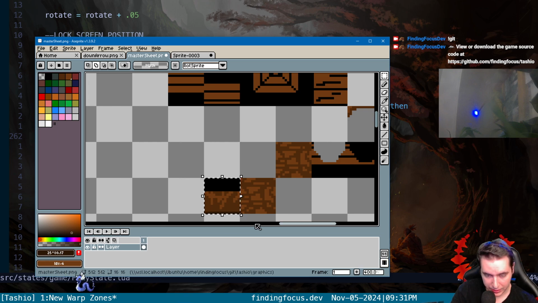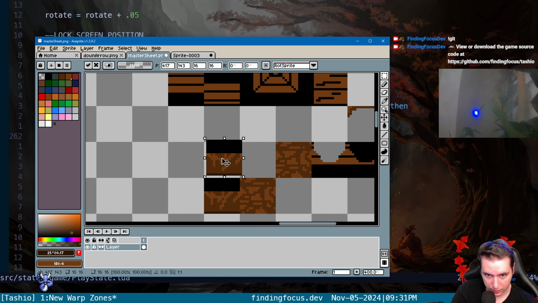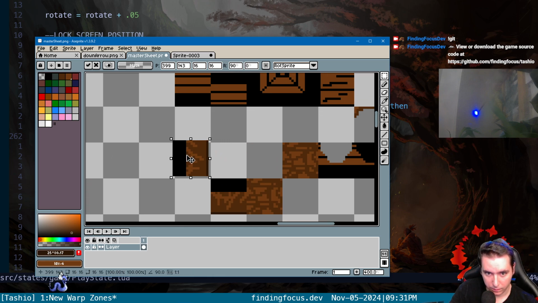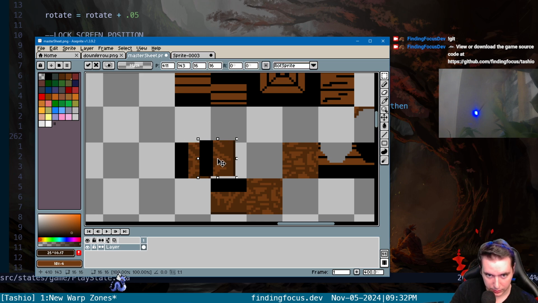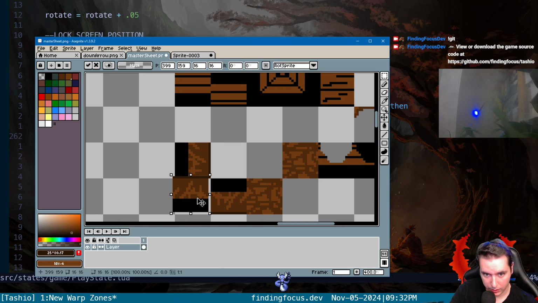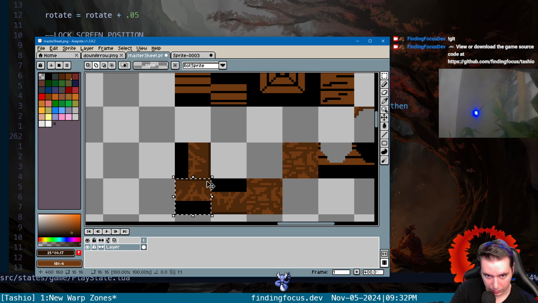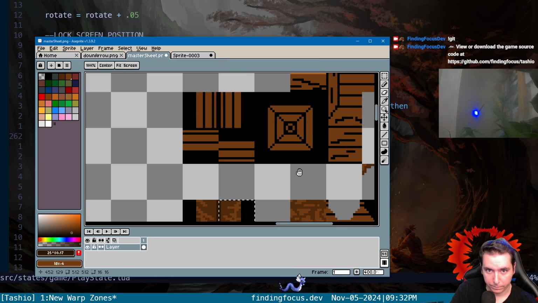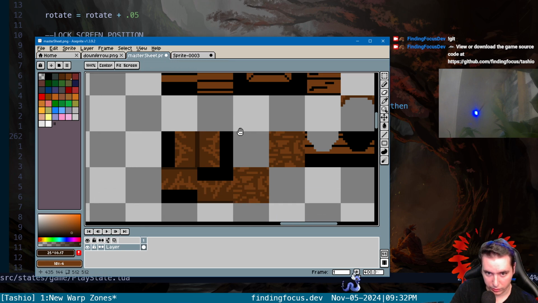You know what? It'll be easy if we just do this and we paste it, place it, and rotate it 90. And that's this edge right here. So let's do that again. Paste it, place it, rotate 90. And that's this edge right here. Okay, paste it. Okay, so there is our dungeon dirt floor,